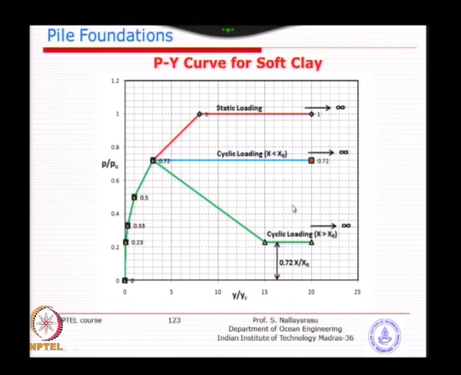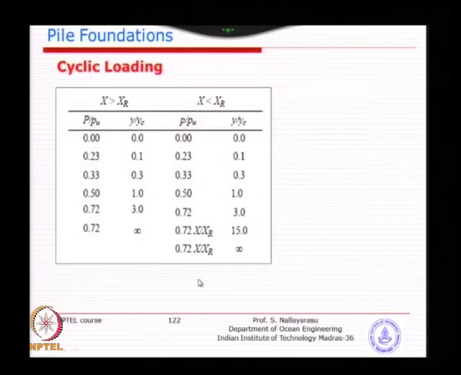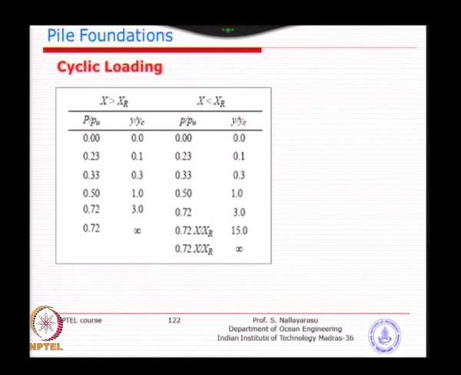So, you can see the maximum Pu you calculate from your ultimate formula multiplied by 0.72 will be the maximum, but that too occurs at a much lower displacement, it is not going to take higher displacement. So, you can see here almost 1, 2, 3 instead of 8. So, that is what you will see from this table, it becomes 3 and here only 72%. So, that means if it is a static loading and becomes dynamic loading, you get a degradation of almost 28%.